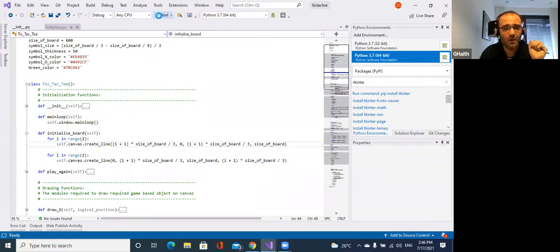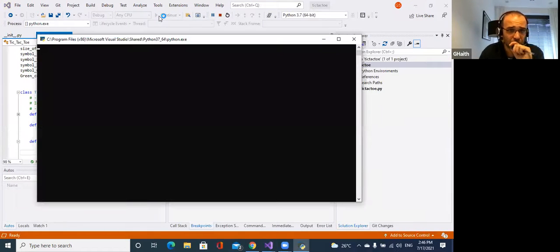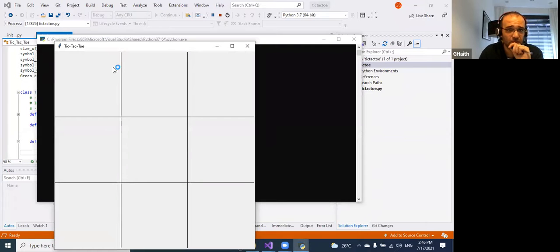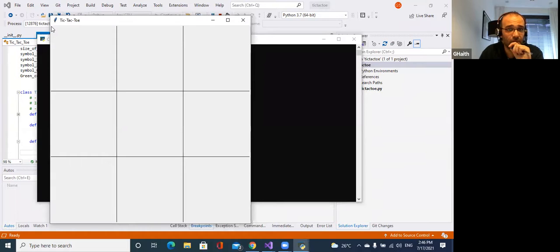Now, just to give you a clear example, I will run the game. Okay. Here is the point 0, 0 on my board, not on my screen. My screen here is the 0, 0. But at this point, it's the 0, 0 on my board. And this point, it's 600 by 600. Okay. Now, when I'm saying I want to start from 0 to 200, that means I will start from here. And then I will draw a line until 600,